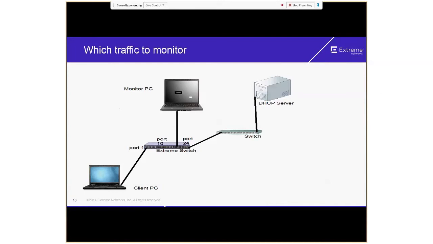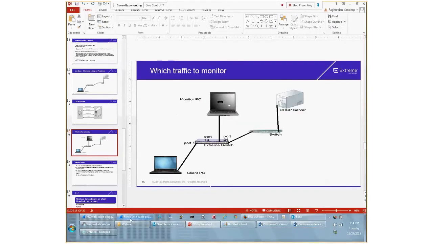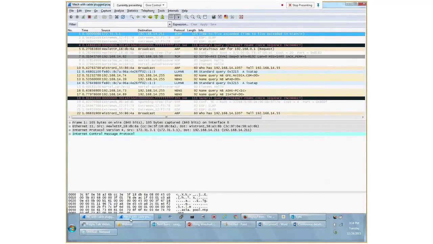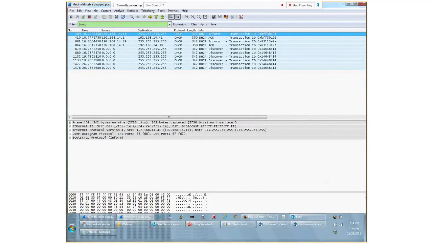You should take a capture, or mirror the traffic, when the issue is occurring. Only then can you see what is actually happening. So I didn't just conclude based on one capture. I asked them to run captures at different locations at different times, and this was another location, and it had the same issue as well.